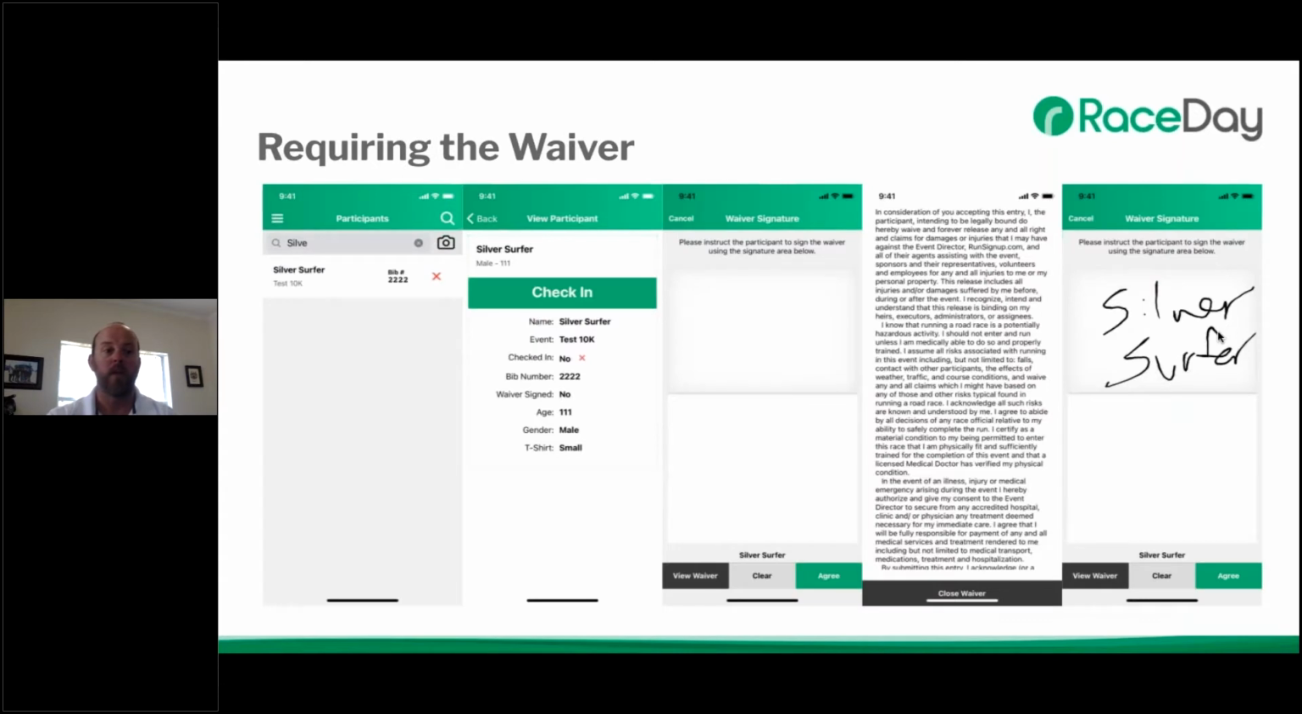And so on to the next part, and that is requiring the waiver. So if we're finding someone, we'll just call him Silver Surfer. All of my test people are made up characters. So we look into Silver Surfer, we see, is he checked in? No. Is the waiver signed? No. So as soon as we hit check in, it says, please instruct the participant to sign the waiver using